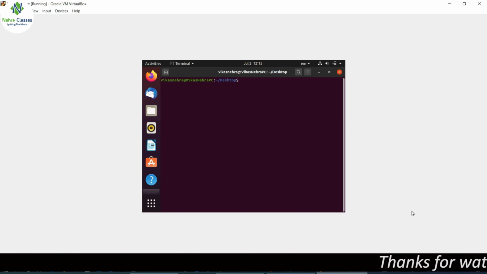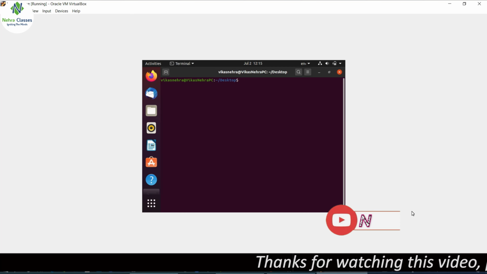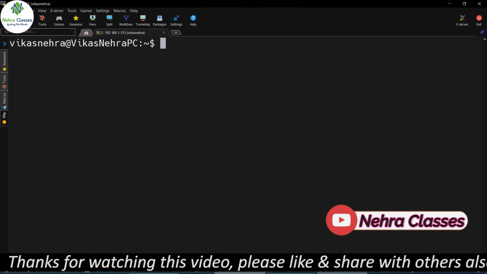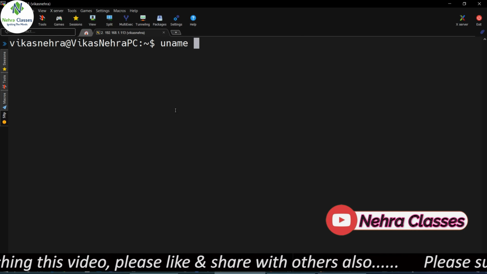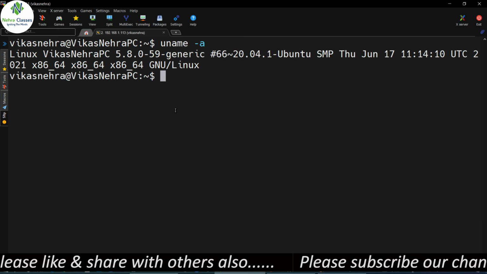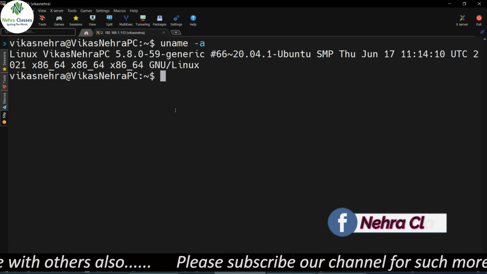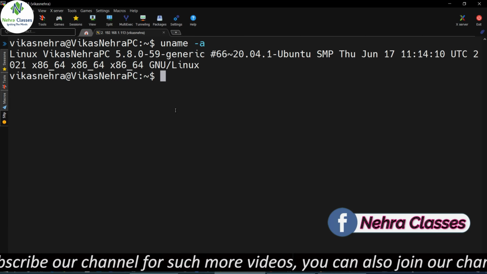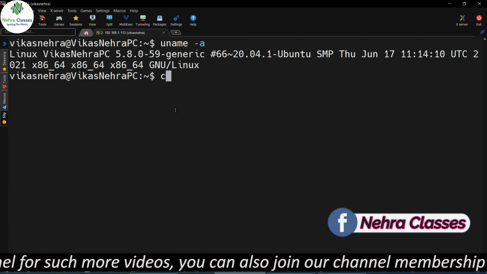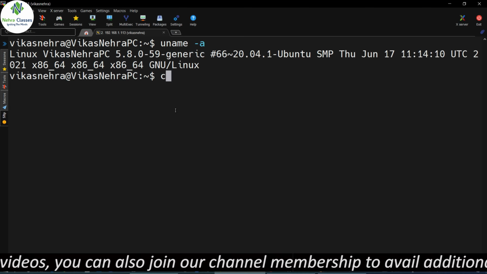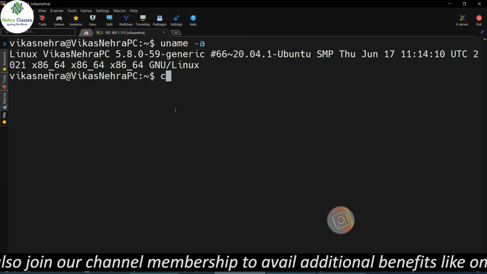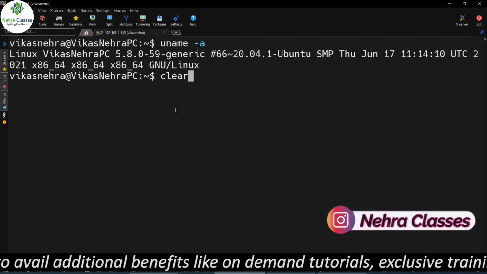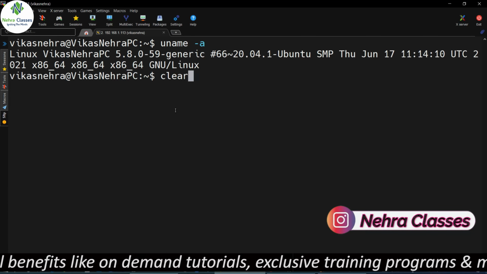For this tutorial, I have a machine which is running on Ubuntu 20.04, and on this machine I have logged in remotely through SSH from MobaXterm, and from here I can directly execute the commands. And I have already installed the SSH packages so that I can access this machine remotely. By default, the SSH packages are not installed in your machine, so you need to manually install them if you want to access your machine remotely. So this is the machine which we are going to use for the installation of Ansible.